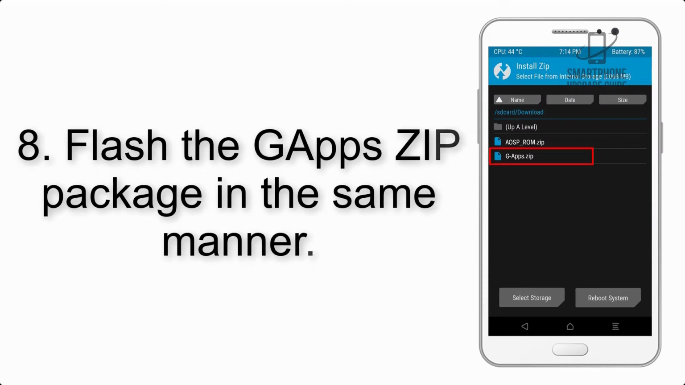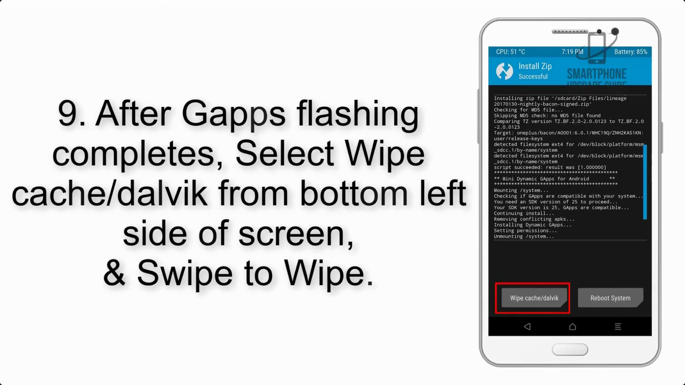Step 8. Flash the GApps zip package, in the same manner. Step 9. After GApps flashing completes, select Wipe Cache and Dalvik from bottom left side of screen, and swipe to